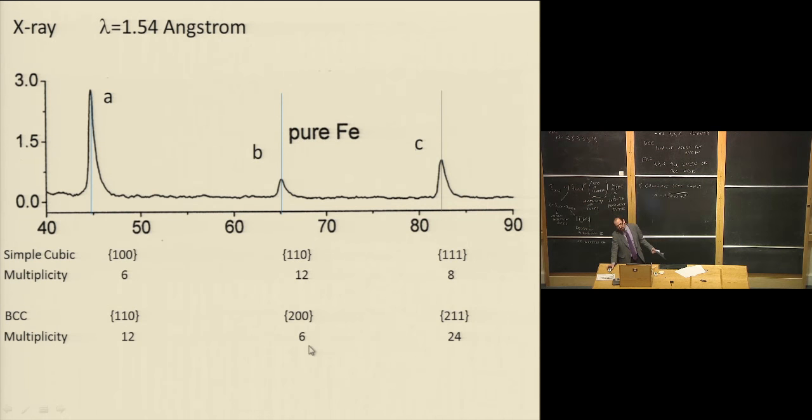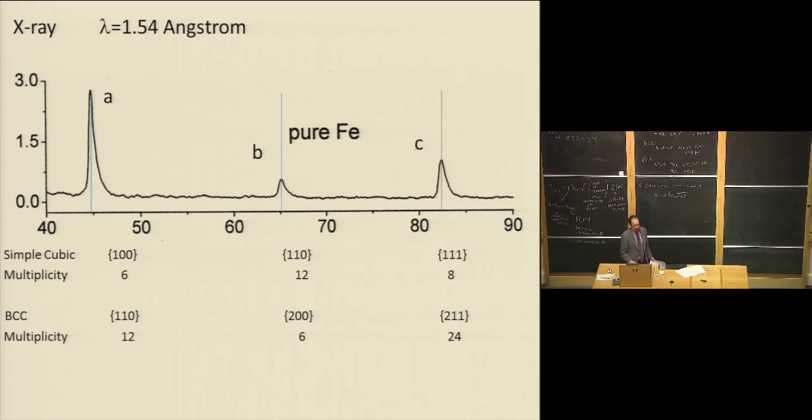Now, if you just look at the multiplicities, you would expect a factor of 4, that C should be 4 times bigger than B, and it's not 4 times bigger than B. It's only about 2, maybe 2 and a bit times bigger than B. But the reason it's not a full 4 times bigger is because F is dropping, the form factor is dropping, and the Lorentz factor is dropping also at the same time. So it's competing with this decreasing effect from these other 2 terms. But at any rate, just by looking at this data, we can tell just from the amplitudes that this must